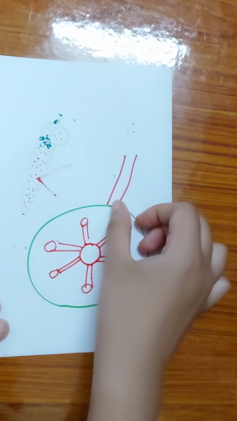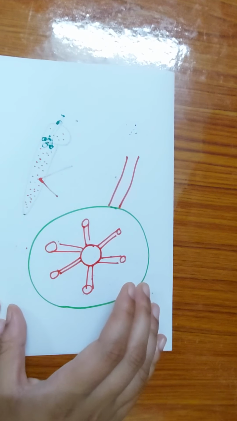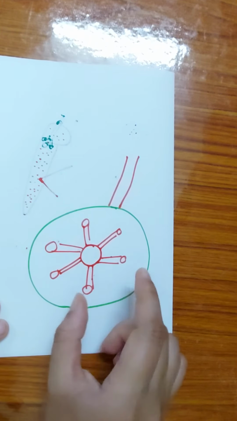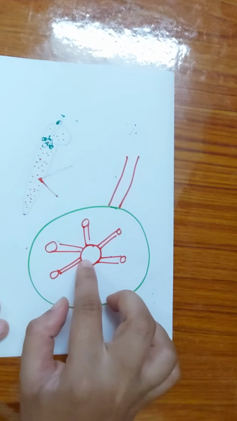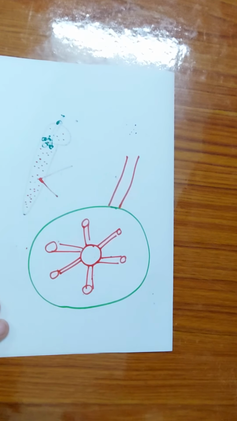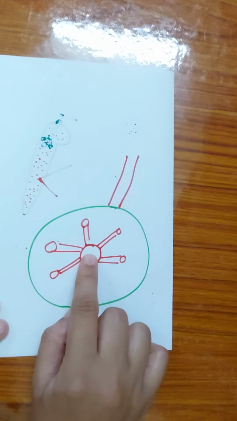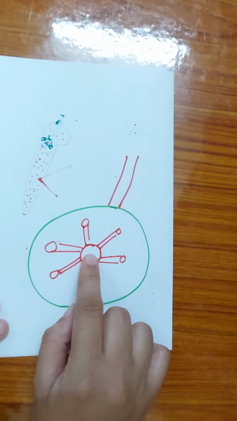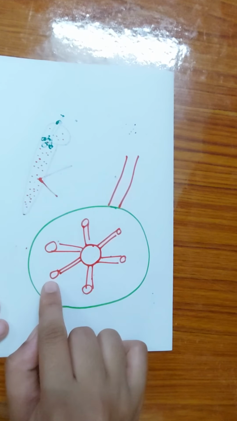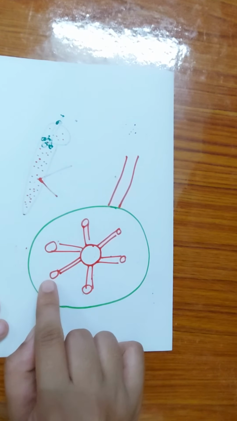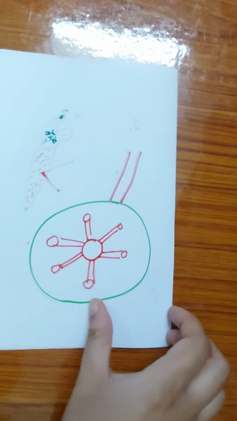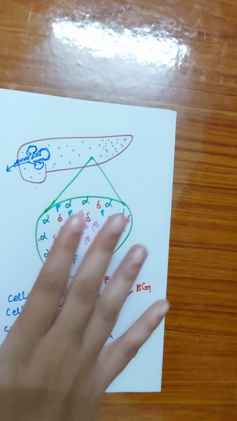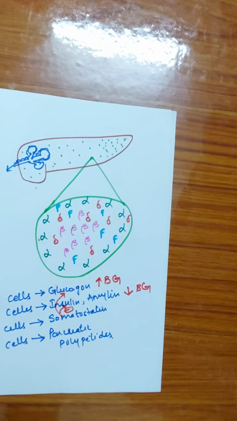So whenever blood approaches the pancreatic islets, the beta cell receives the blood first, and if that blood is rich in glucose, the beta cell will get activated and cause the release of insulin. And increased blood glucose level is an inhibitor of the alpha cells. So this is the blood supply for the pancreatic islets, and this is a little bit of briefing regarding the pancreatic islets.